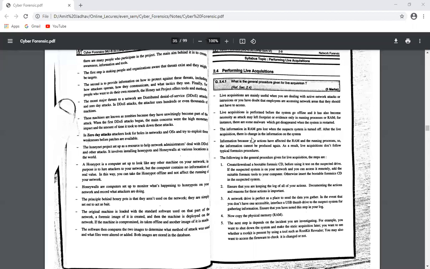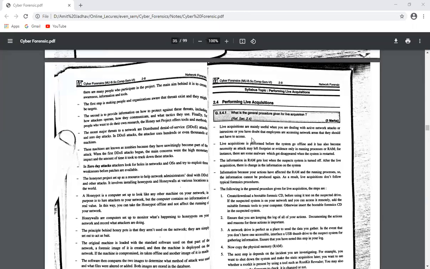Hello everyone. In the last lecture we have seen the live acquisition procedure. In that we came to know how to perform the network forensic. What are the different steps to perform the network forensic? So the one thing is that we have to create one bootable disk before the incident happens, and we create